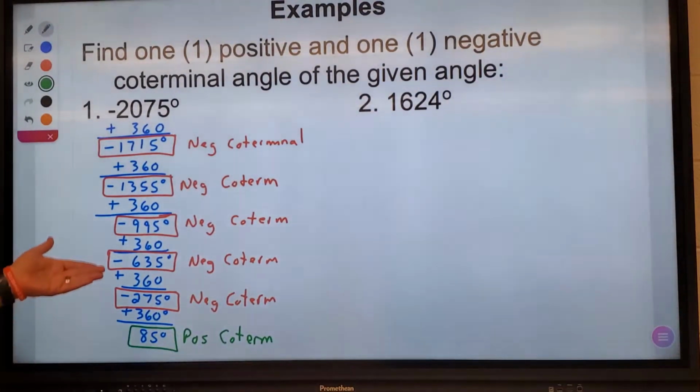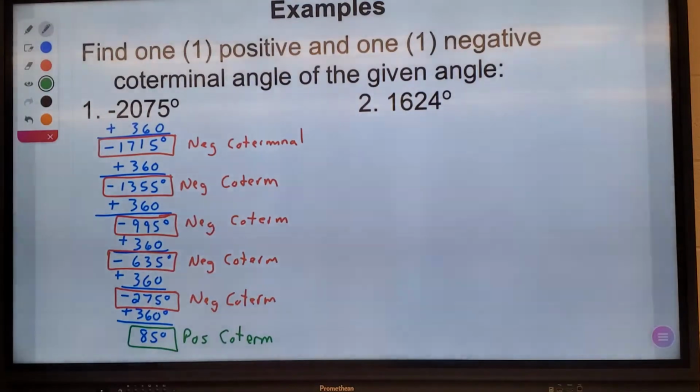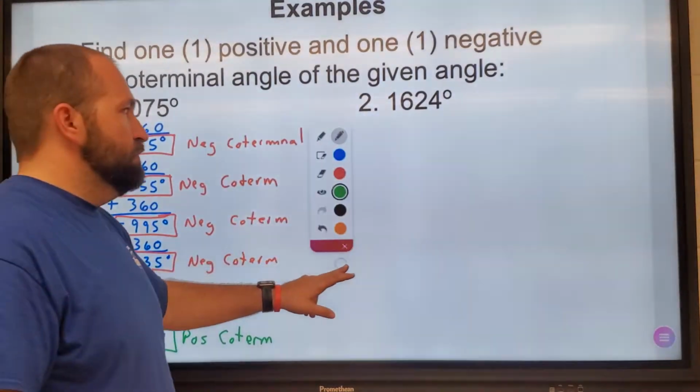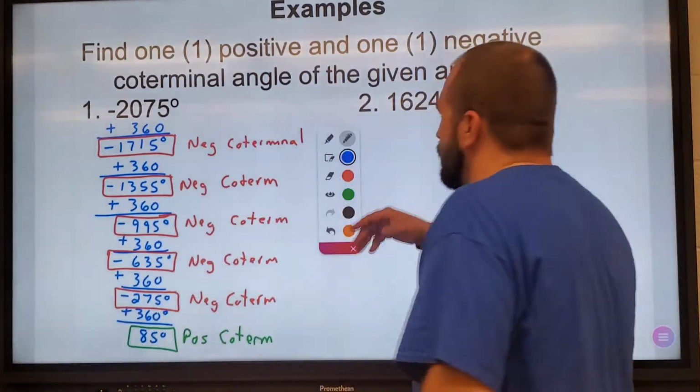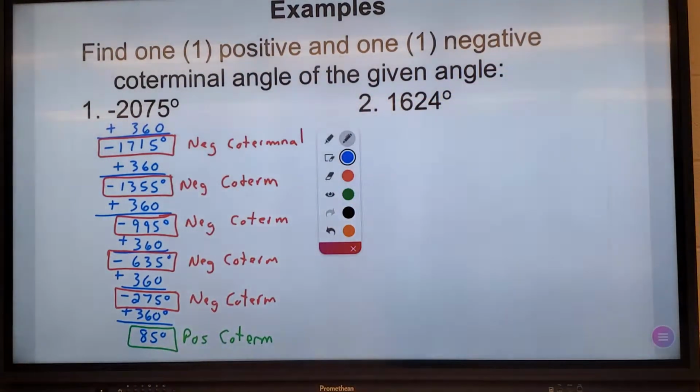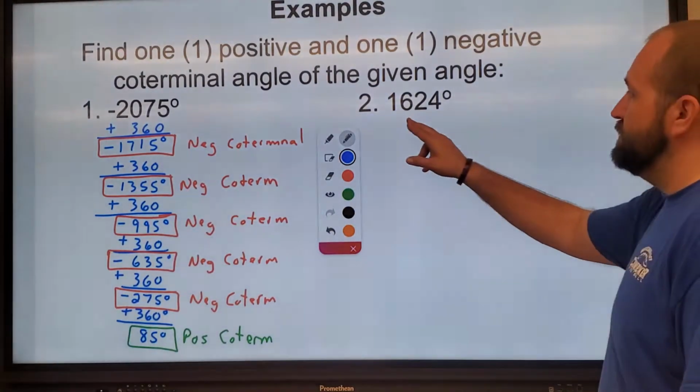Okay, we could have also subtracted 360 and got a larger negative number. But because this is large enough negative, I can just add 360 to continue getting negative values. Okay. Moving on to the next one. Again, it's large enough positive now that I'm going to be able to just subtract 360. So if I subtract 360,